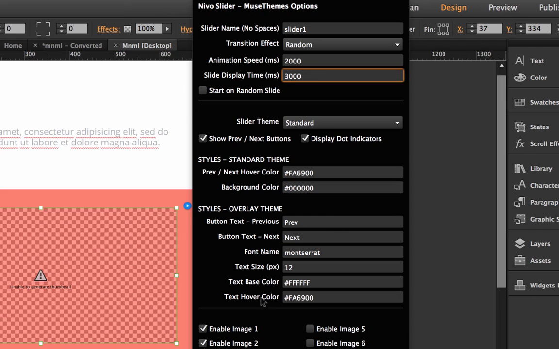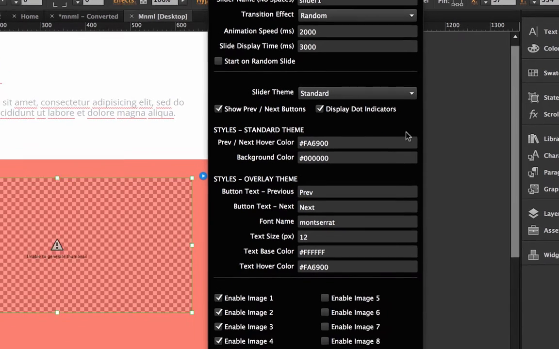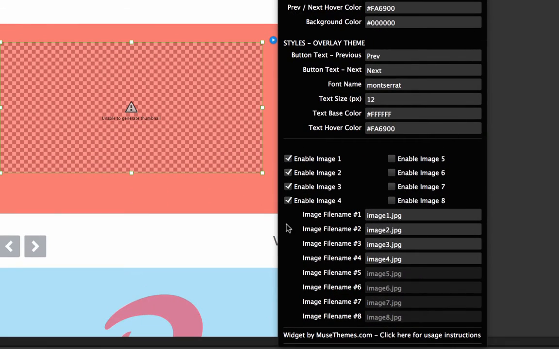Okay, so the next area is a little bit more for theming. So the slider comes with 2 themes. It says slider theme here, and we have standard and we have overlay. And I'll show you what these look like. I'm going to skip this section for now, and I'm going to jump down to where you actually enable your